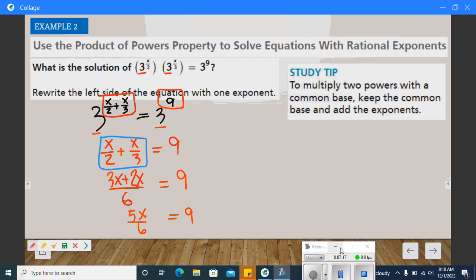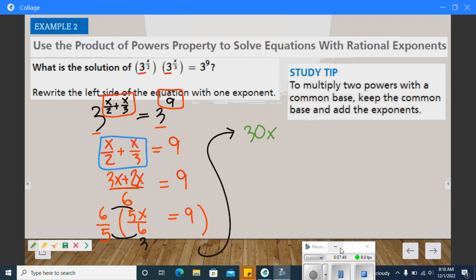How are we going to find the value of x here? We are going to multiply by the reciprocal of 5 over 6. That would be 6 over 5. So you have there 6 times 5 and 5 times 6. That would be 30x. All right. That would be 30x